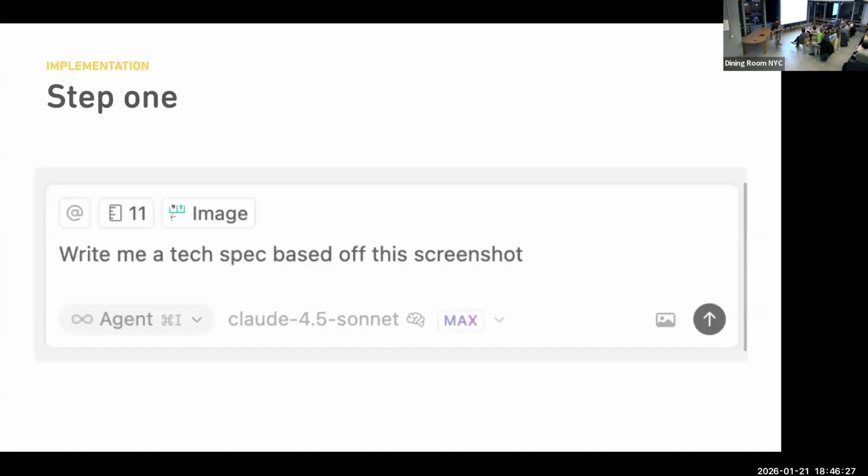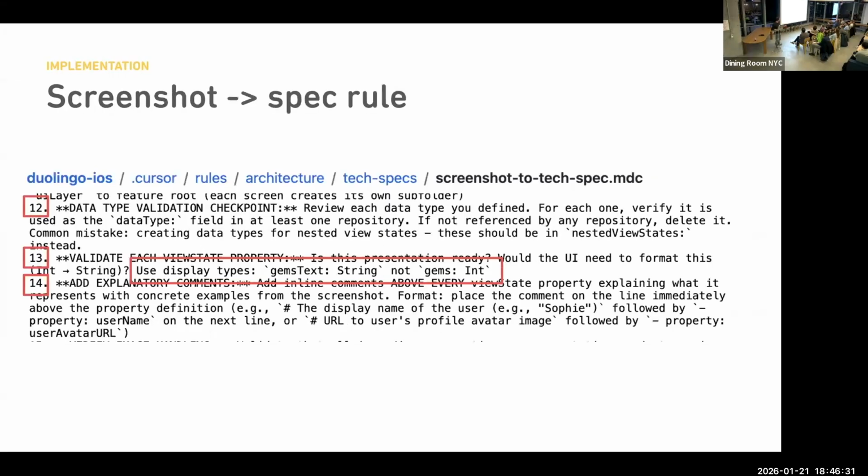So yeah, first step, write me a tech spec based off this screenshot. This will invoke a cursor rule. You don't need to read all this. This is just three kind of random steps from within that cursor rule. And it walks the LLM through a tech spec template and tech spec examples and how to convert that screenshot into the tech spec. Here I just highlighted one example step where we tell it how to name the properties